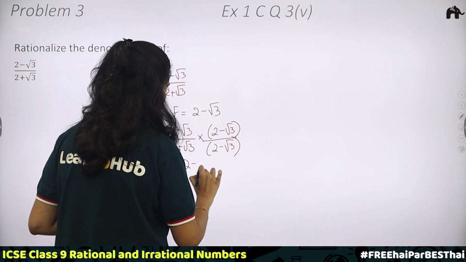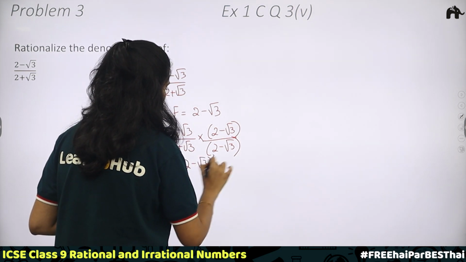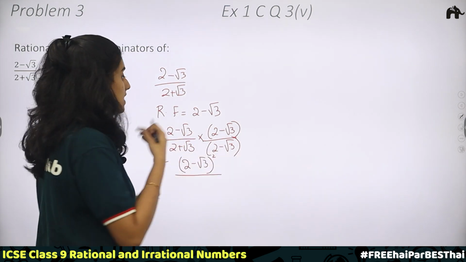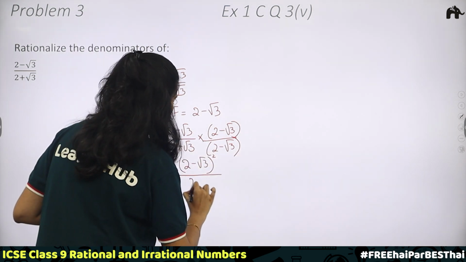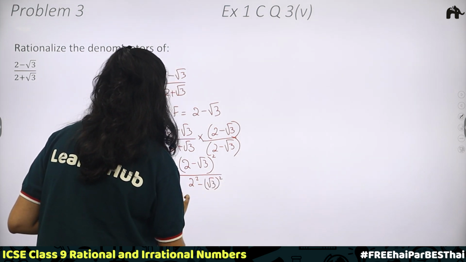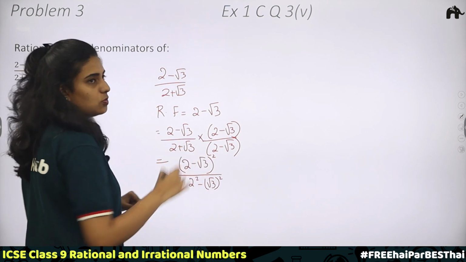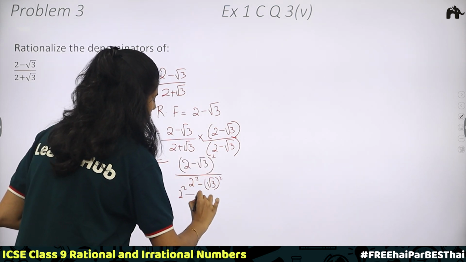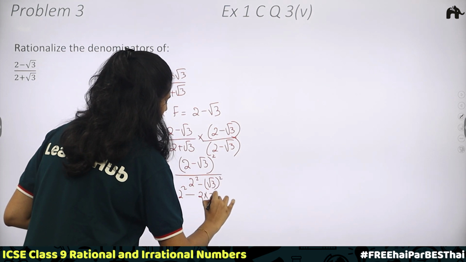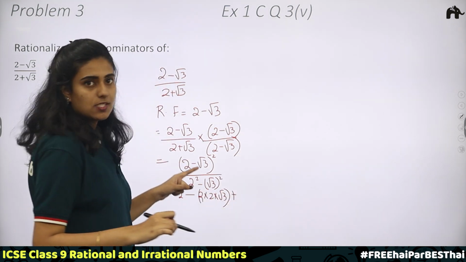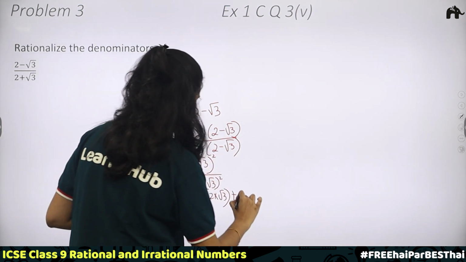That is 2 minus root 3 whole square divided by, here a plus b into a minus b, which is a square minus b square, 2 square minus root 3 whole square, which is equal to 2 minus root 3 whole square, a square, 2 square minus 2ab, 2 into 2 into root 3 plus b square, which is root 3 whole square,